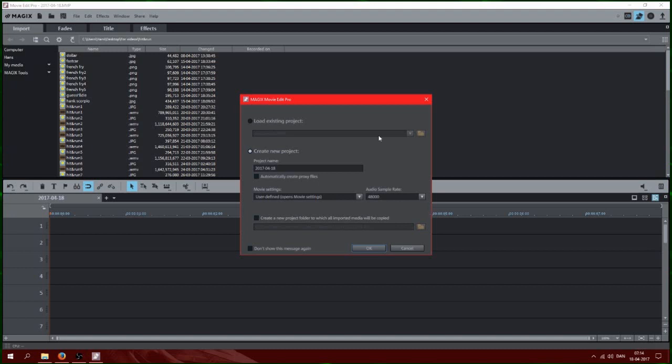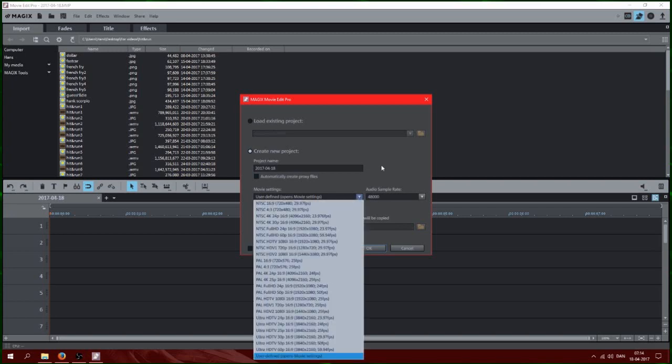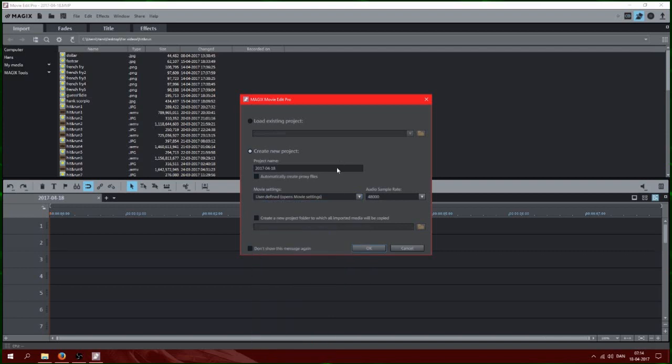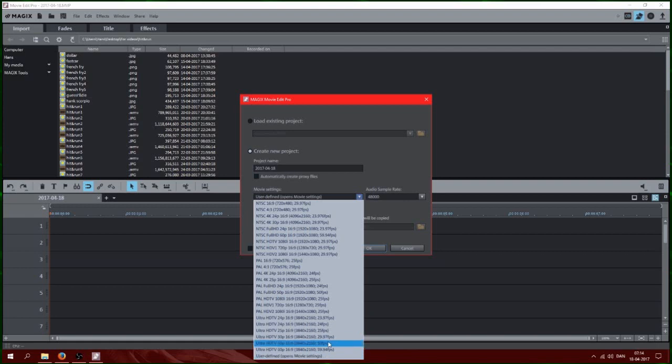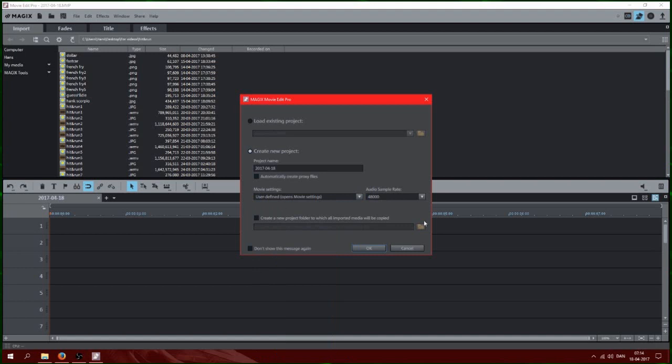Alright, so you want to create a new project, and you can see here I have it set to user defined, open no movie settings here, and that's basically my normal movie settings. You can see there's a bunch of presets here. None of them really aligns with what I usually use, which is 720p video with 30 frames per second. They usually want you around some weird numbers here. It's like 29.97 frames per second, 25 frames per second. It's very weird, so I recommend just choose the create a new project button, and then just go okay,